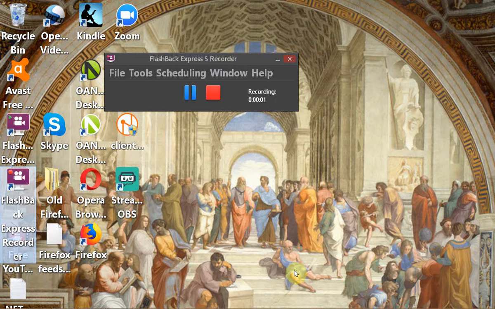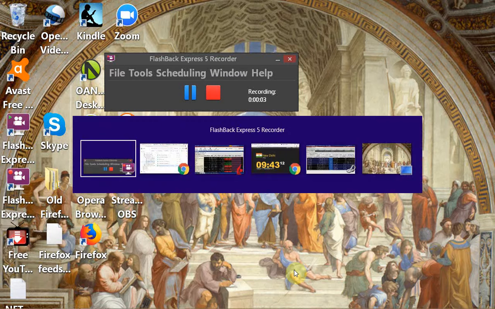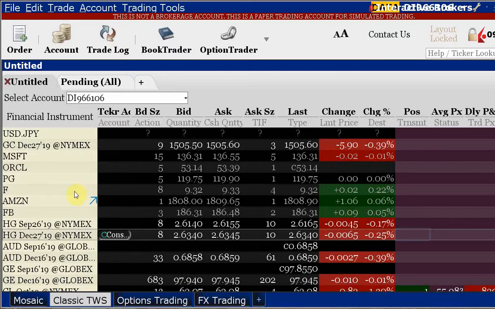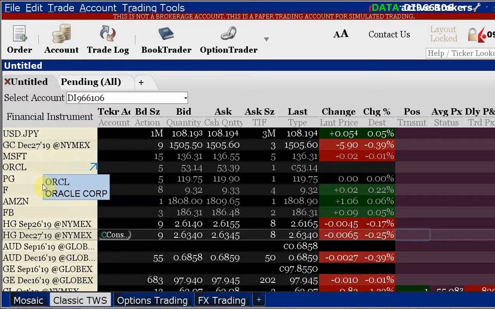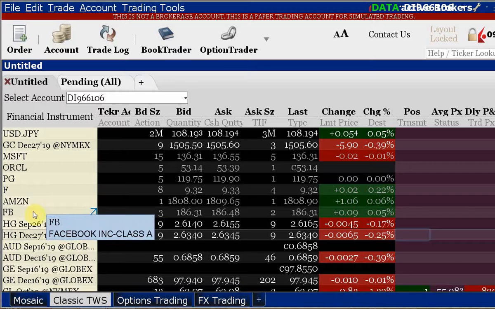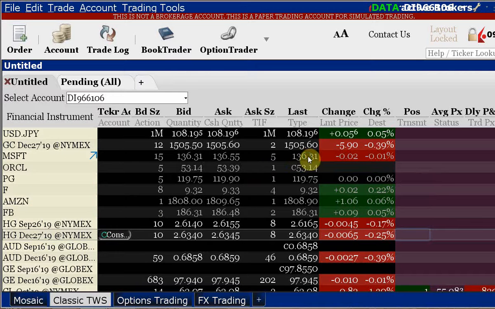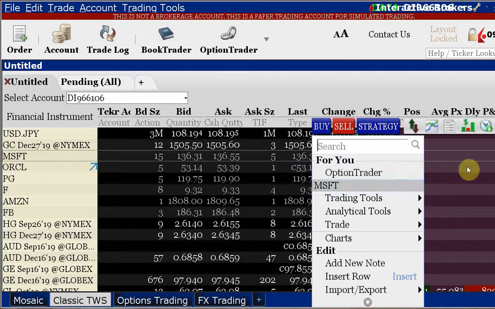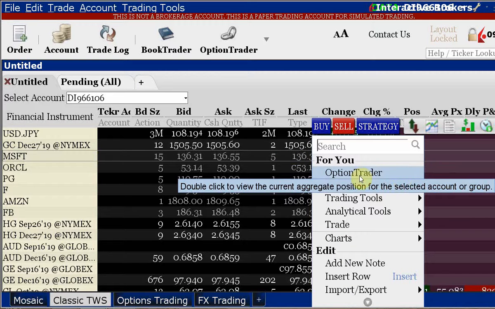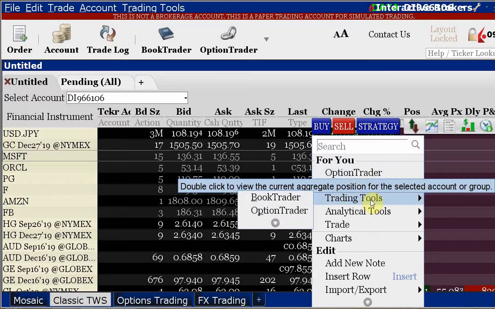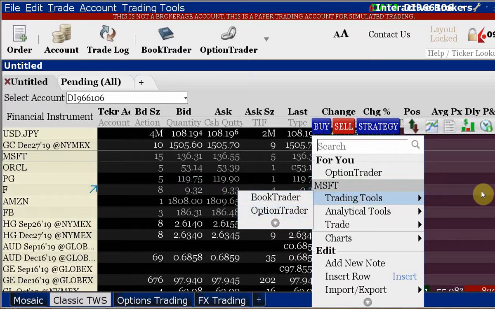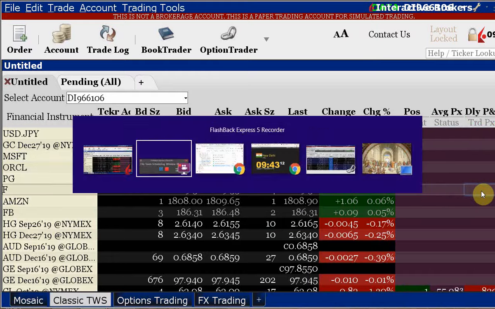Set up, follow the instructions, set up your accounts, set up the tickers, be ready. Maybe you can set up all the tickers just to be on the safe side, then you can straight away trade. And the moment you want to trade on options, you just right click on it and go straight away, because I've been using the option trader, so it's already got that as one of the options. Otherwise, you just go to trading tools and click on option trader, and then you'll get to the option trader